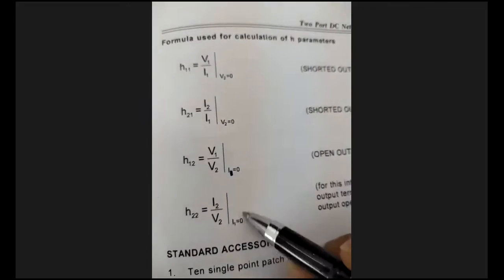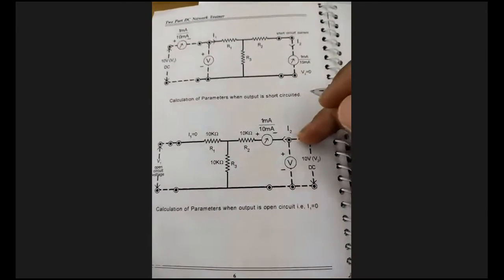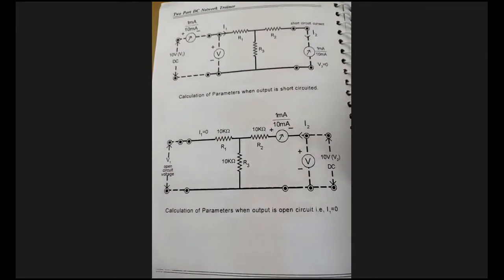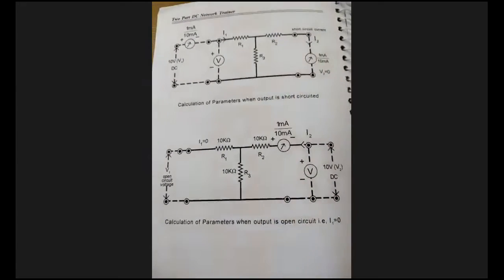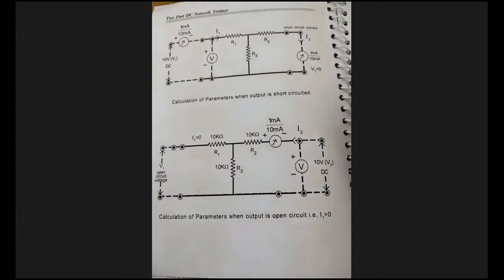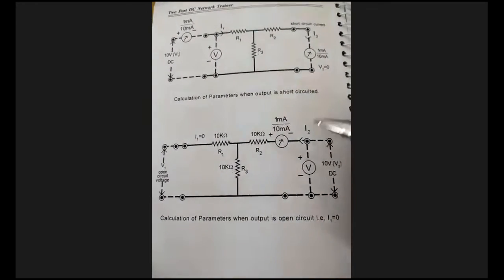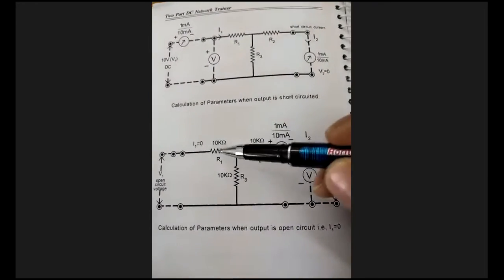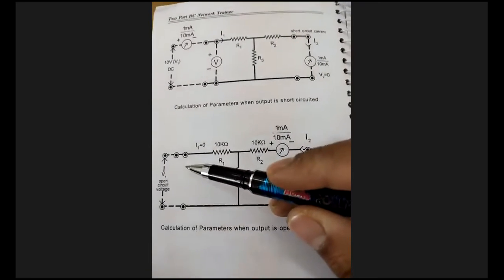And the next condition is I1 equal to 0. Now let's discuss when we design the circuit in such a way that I1 equal to 0, current equal to 0. Then this is our resistance. With the help of the resistance, we make the two-port network, and in the input side, you can clearly see